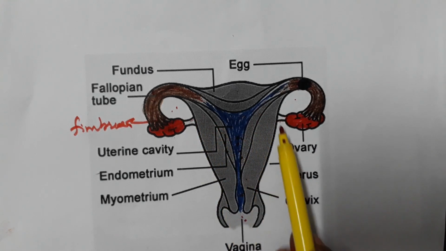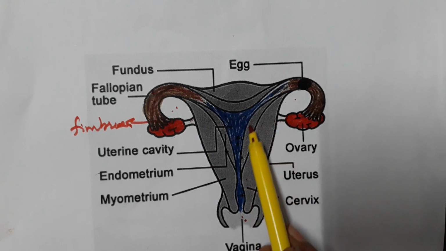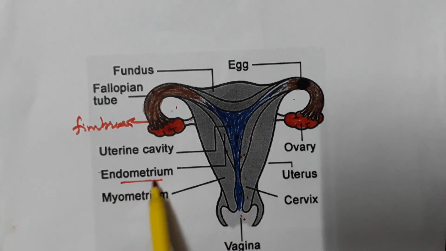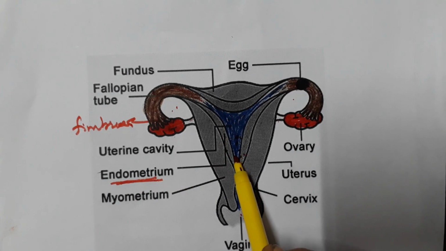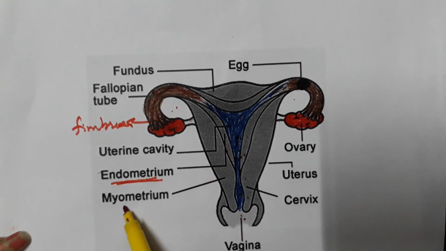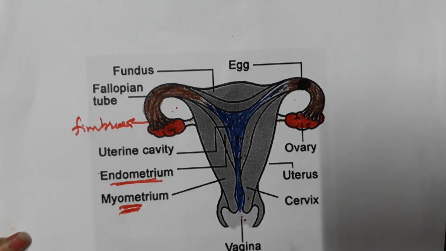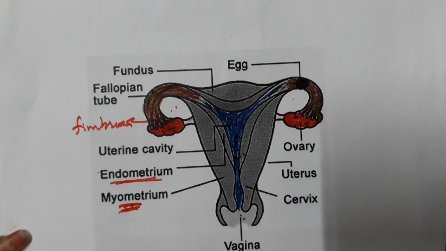It is made up of 3 parts. The outer covering is known as the perimetrium. The middle is known as the myometrium, and the inner lining of the uterus is known as the endometrium. The endometrium plays an important role in placenta formation. Myometrium is also very important. After completion of the 9 months gestation period, powerful contraction takes place in the myometrium, which helps in childbirth and parturition. For childbirth we use the word parturition; the myometrium helps in this.